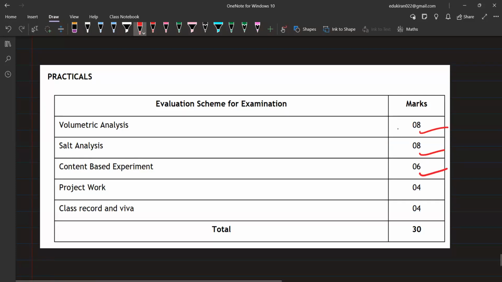सो एक तो वॉल्यूमेट्रिक एनालिसिस जो कि प्रैक्टिकल एग्जाम का हो गया, सॉल्ट एनालिसिस प्रैक्टिकल के जो क्लासेस लगते हैं उसका हो गया, कंटेंट बेस होगा आपका किसी चैप्टर में से एक कोई एक्सपेरिमेंट आपको करना होगा, जनरली केमिकल काइनेटिक्स का होता है। किसी के यहाँ हुआ है कंटेंट बेस्ड एक्सपेरिमेंट? हाँ, एनीवन? कंटेंट बेस्ड एक्सपेरिमेंट में, यस कृष्ण प्रिया? No, we did tolerance test and all that. Is this about, हाँ that? हाँ हाँ, ये वो भी हो सकता है, फंक्शनल ग्रुप प्रेजेंट इन ऑर्गेनिक कंपाउंड,